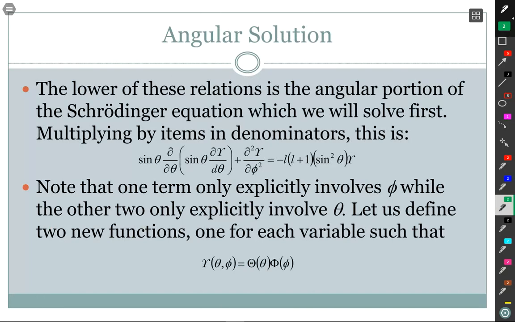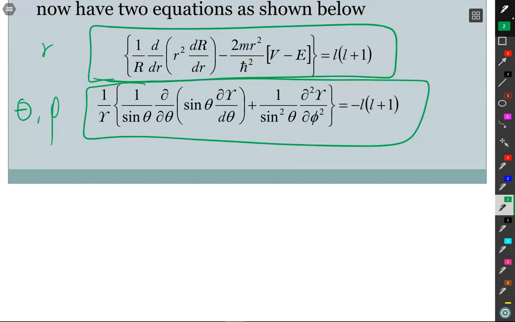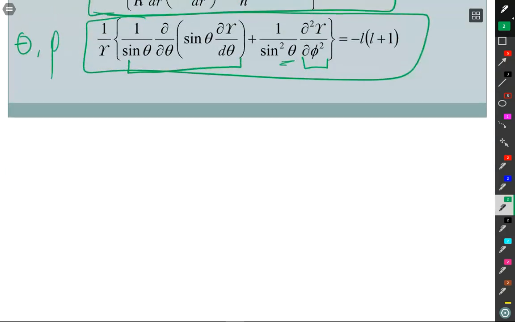Well, with this lower equation, you do notice that this here is only dependent on theta. This here is dependent on phi. It also has a theta there. So if I multiply everything by sine squared theta, then I can have this one here that's just a function of phi. So I'm going to multiply everything by, well, first, let y equal to